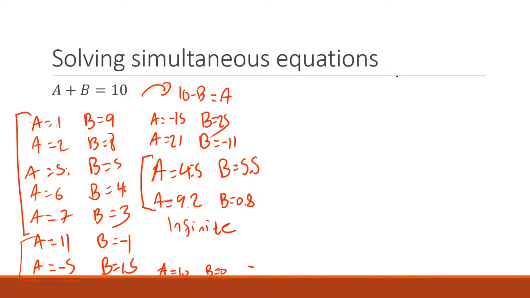There's an infinite amount of solutions. And so, honestly, we can't solve this because there's so many different ways. What we can do is rearrange a problem to make a formula quite easily. And every single one of these will work in this formula, but it's still not really making a solution. We don't know exactly what A is and what B is. The reason for that is we need more information.